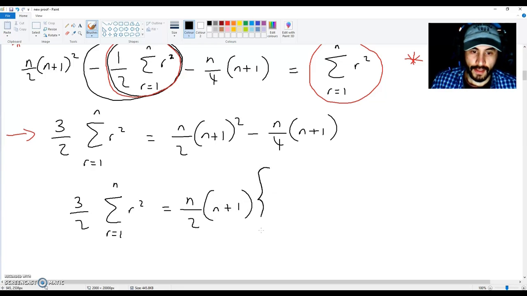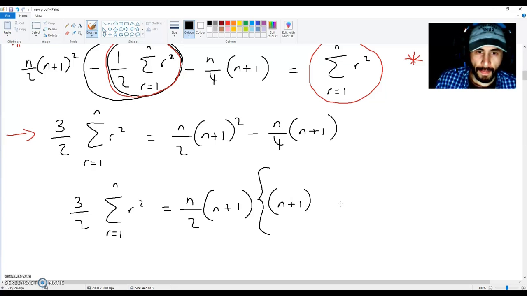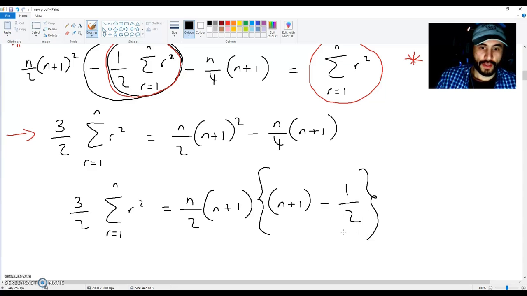Then this is going to multiply inside brackets n plus 1, and then minus a half. So we're using the distribution method to simplify this equation further,